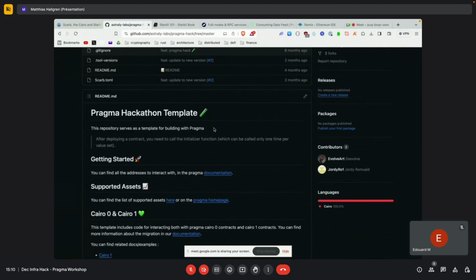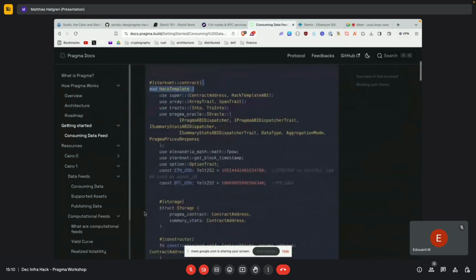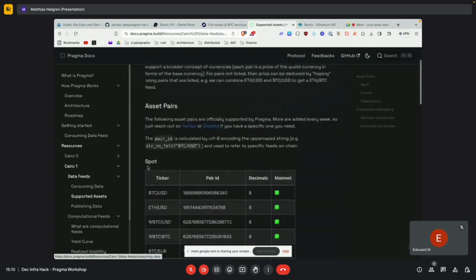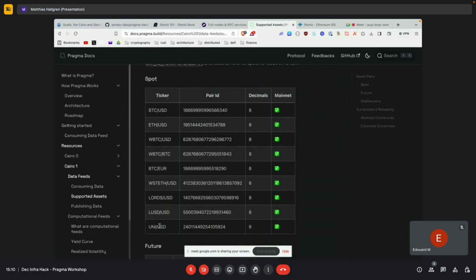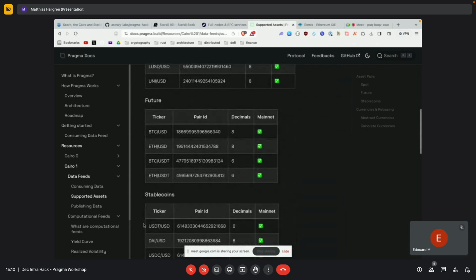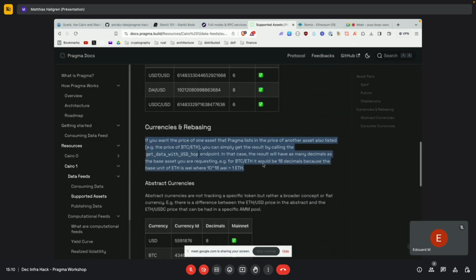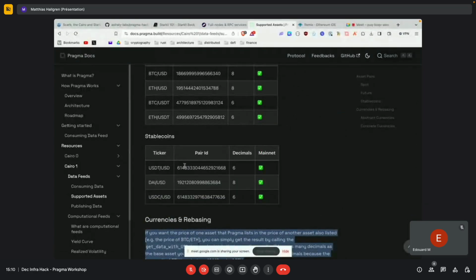For the ones who do not know, Pragma is currently the best way to get any financial off-chain data in your Starknet contract. So we're talking about prices of different assets, which you can find the list here, and more are being added. You have spot assets, future assets, stable coins. You can rebase and jump, create new pairs,